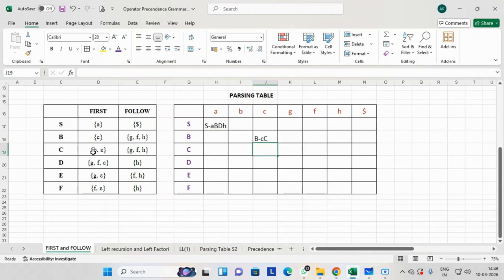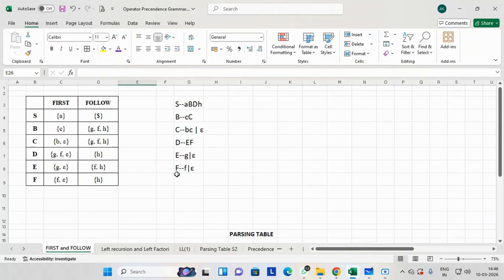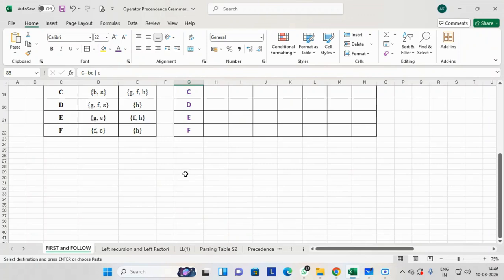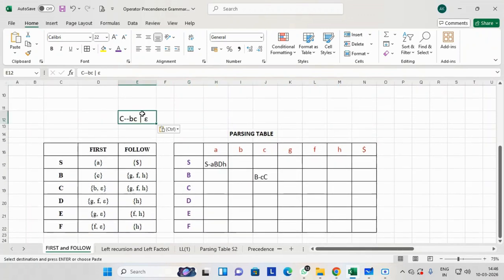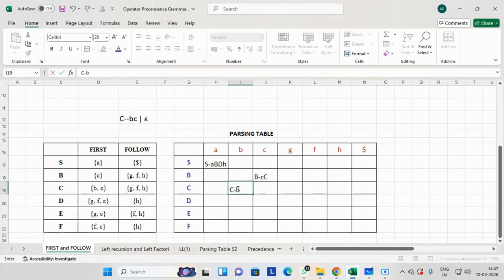First of C is B and epsilon. Pay attention over here. First of C is B and epsilon. And if you observe, this is my grammar for C. So, in the C and B cell, I will write C giving BC.